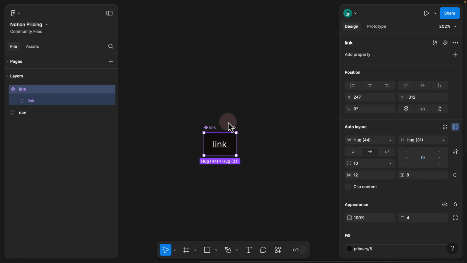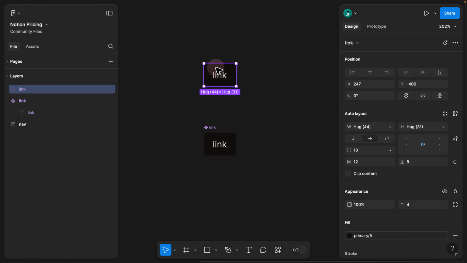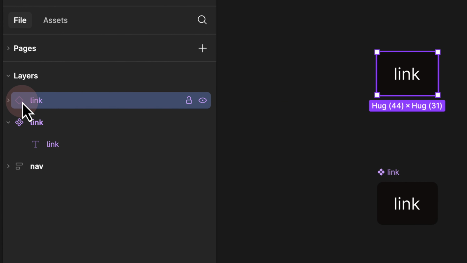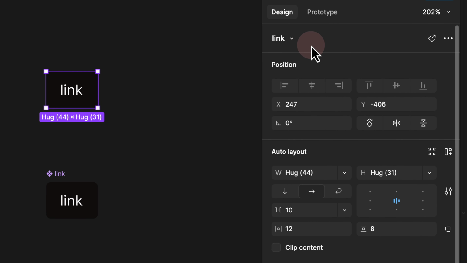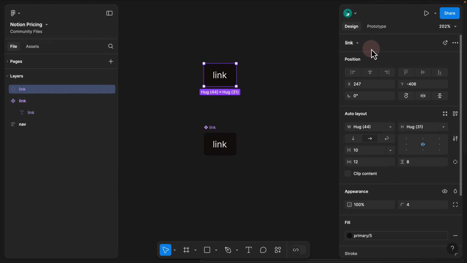What we need to do is add a text property. The reason we add a text property is that it allows us to edit our text when we select our button, which means if I hold Option and drag this button out, we have an instance right now. We can tell that this is an instance because if we take a look at the left hand side, the icons are different. And if we take a look at the right hand side, we see we can't change the